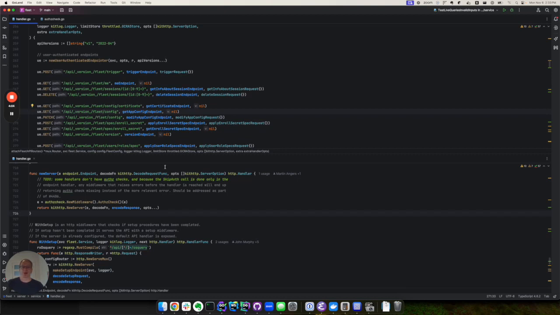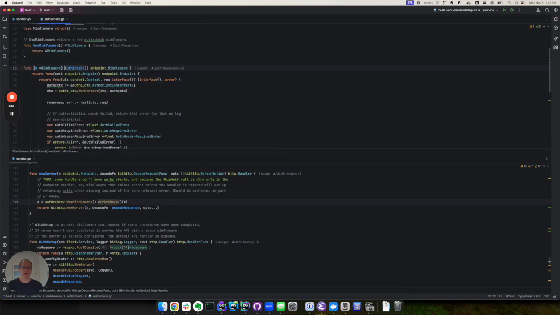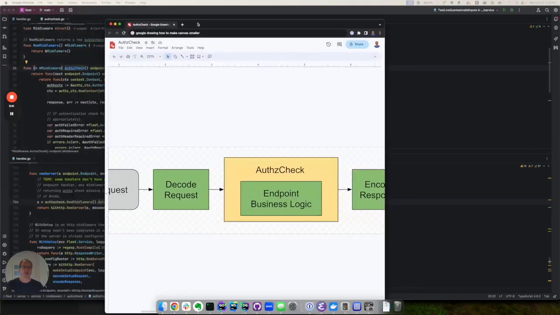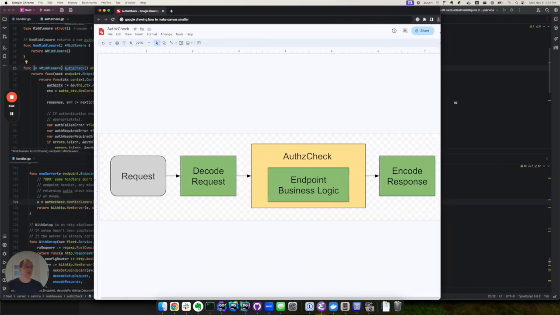So every endpoint eventually calls, when creating the endpoint, this kit HTTP new server function. And as you see above it, we wrap this with our auth-z check. So basically the flow is the following. So we got a request,